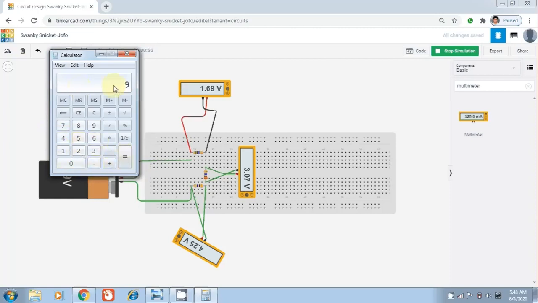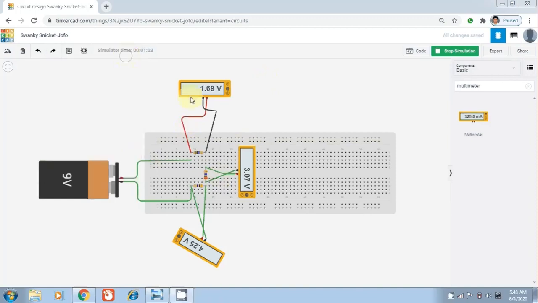So we find out the total voltage drop across the resistances is 9 volt. Hence our KVL is proved.